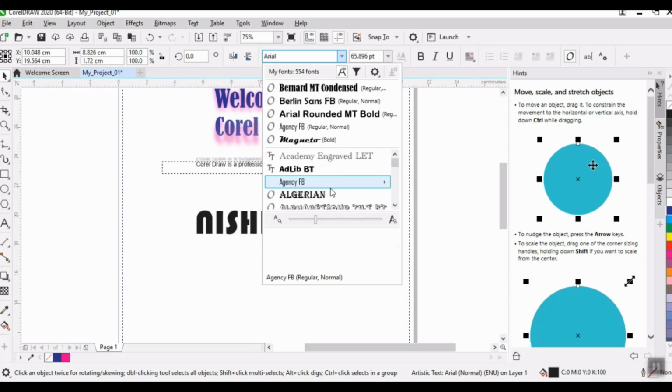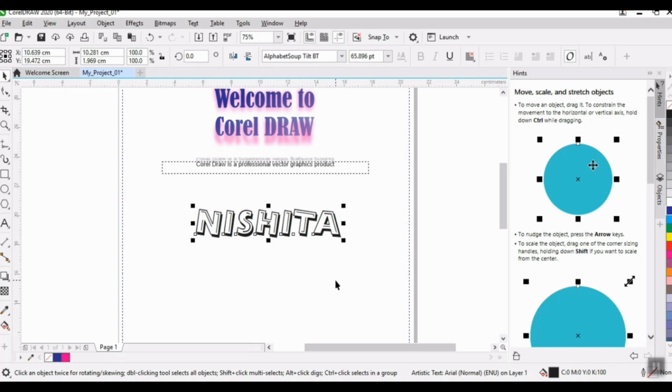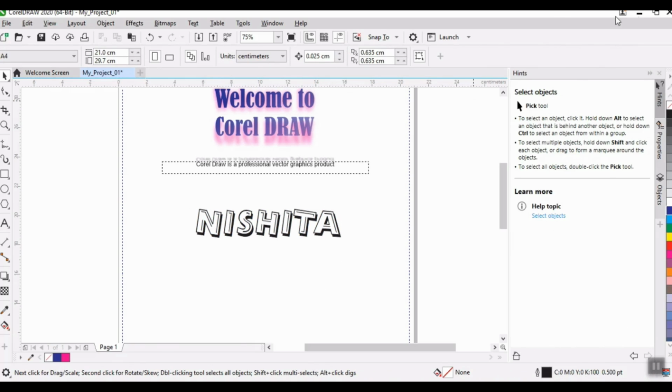Select the pattern here. I'm selecting this. Insert the image here.